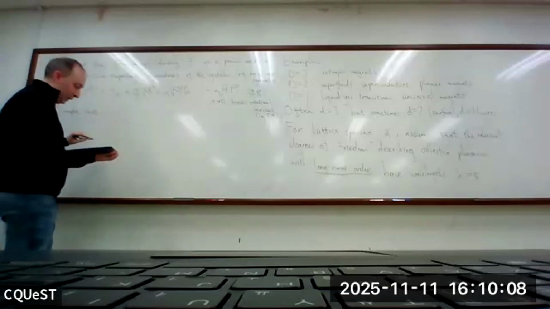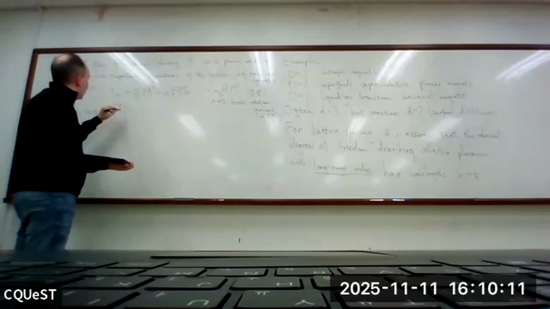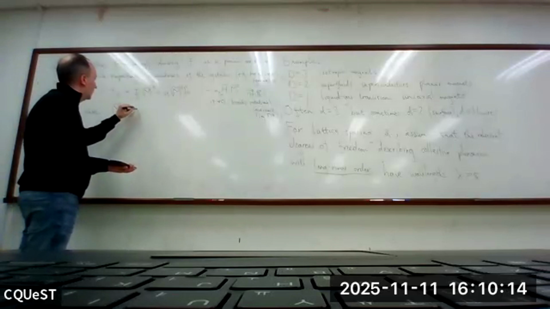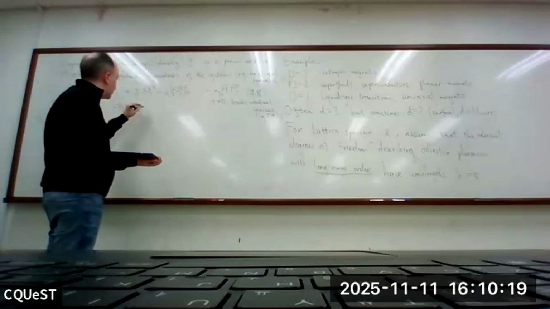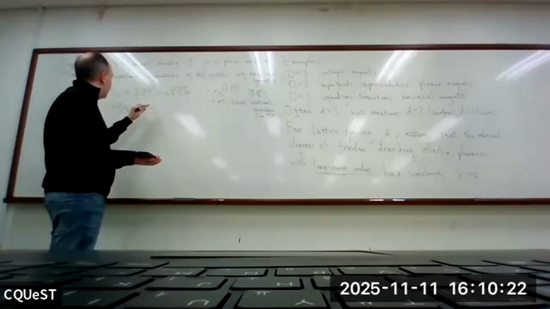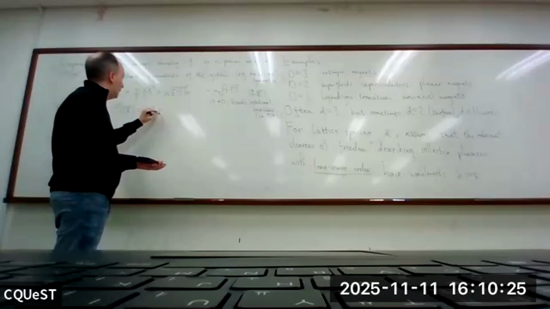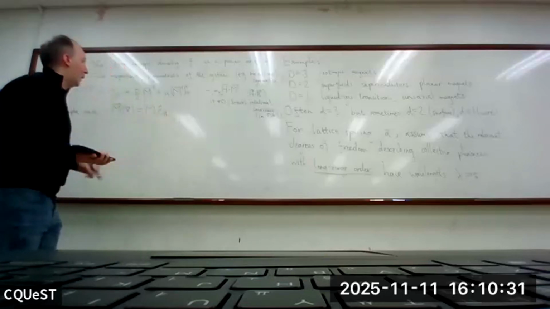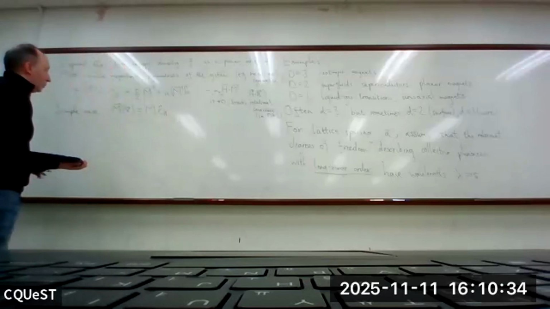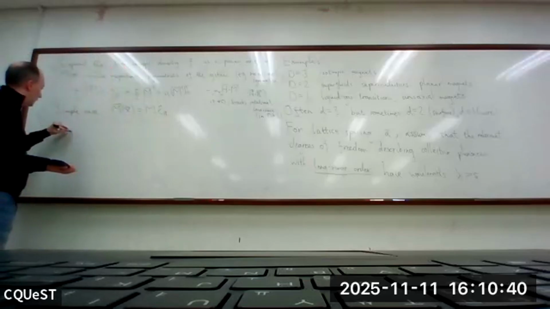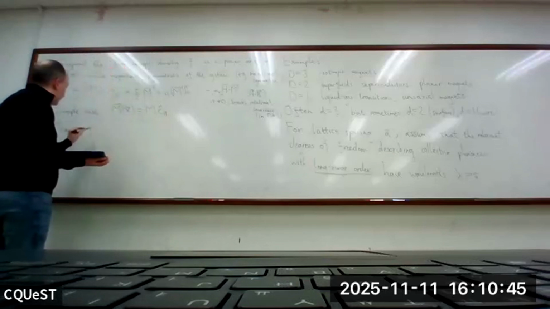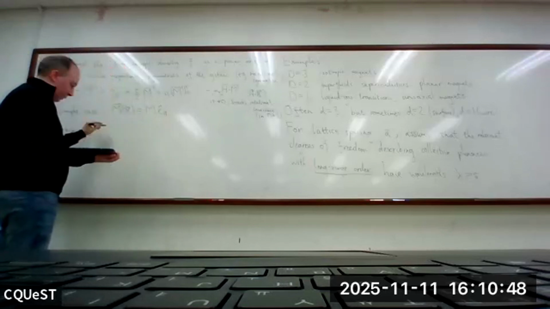A simple case would be that this m of x is just, to the leading order, a background that is some universal m, aligned along the unit vector parallel to h. So if we consider that case, and then we minimize f,